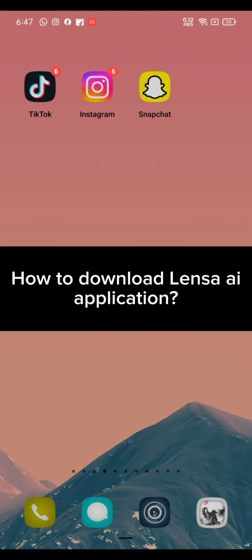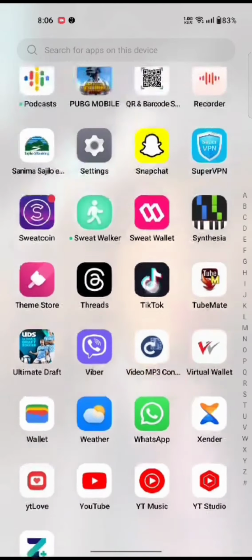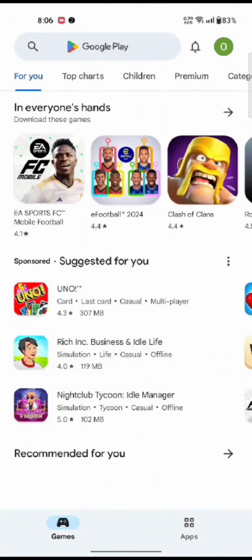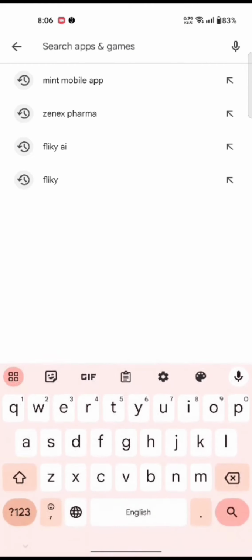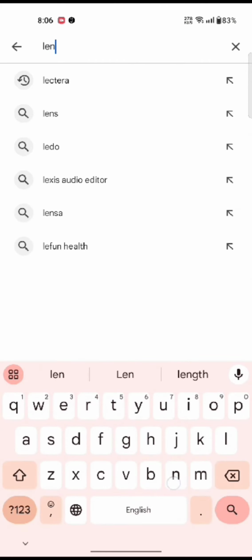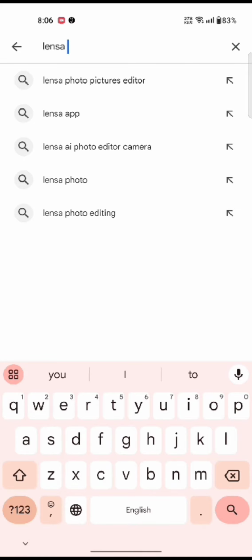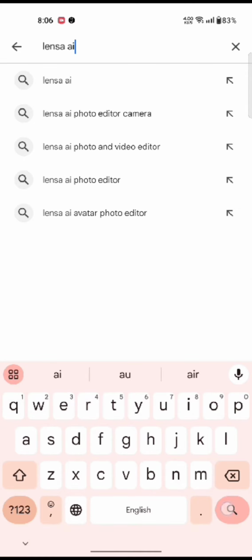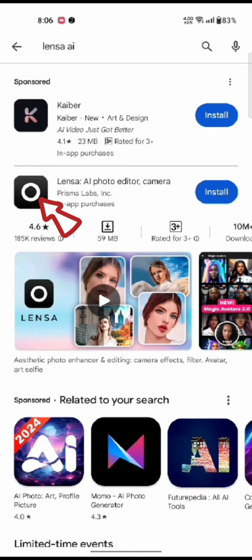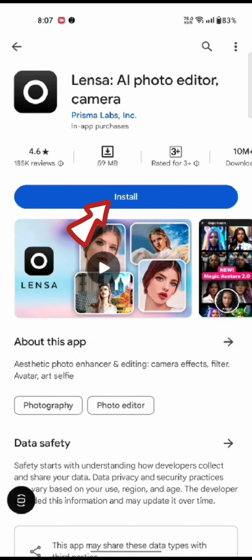To download your Lensa AI application on your Android device, firstly go ahead and open your Play Store. On the search box at the top, type in Lensa AI and make a search. You're going to see the search results displayed on the screen. Tap on the application. Now simply all you need to do is click on the Install button to start the downloading